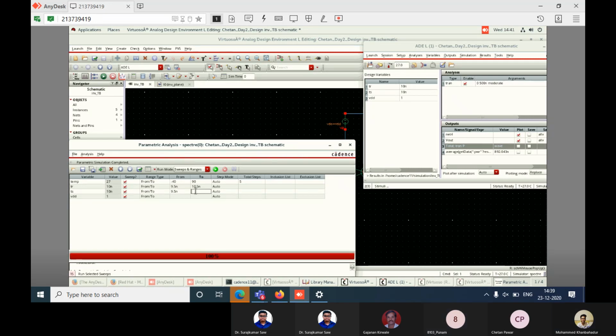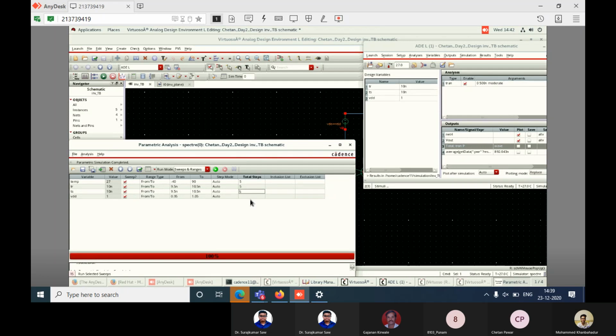See, here you have to do it manually, right? But in the ADE XL window, in the advanced simulation, we can directly write center, span, percentage. Automatically, it will calculate. But here we have to do it manually. Both will give the same result. In the advanced simulation, we need not do this calculation, but here we have to. See, for VDD, that is 0.95 to 1.05. That means we are just varying by 5%. Just put the step size of 5, nothing else.